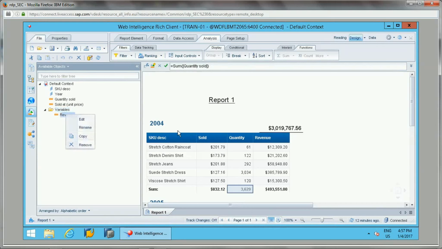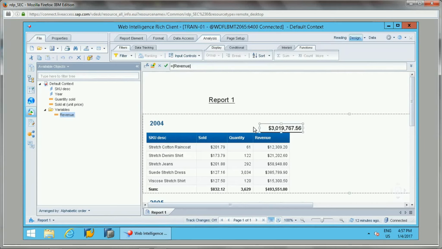The problem of this default context is, whenever we push the variable from this block to the top or side of the section, it doesn't give the correct results. However, it should give the correct results. So we need to force the input context. Currently the input context is these two columns, sold and quantity.